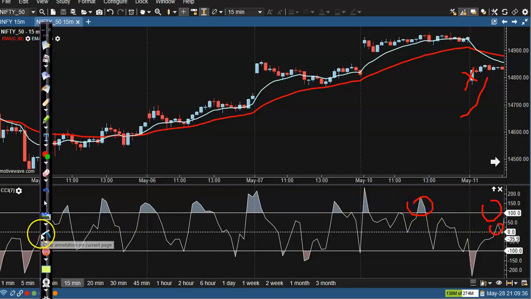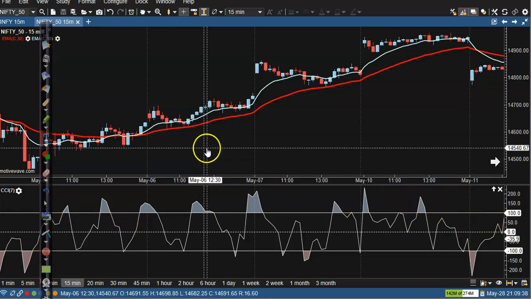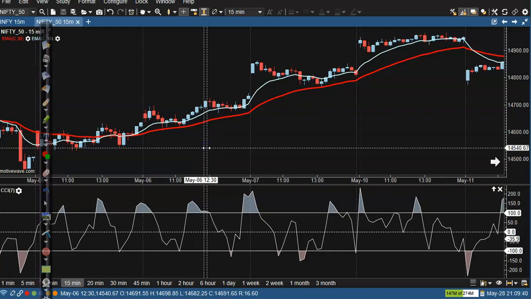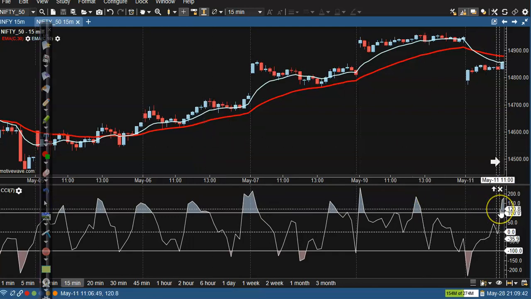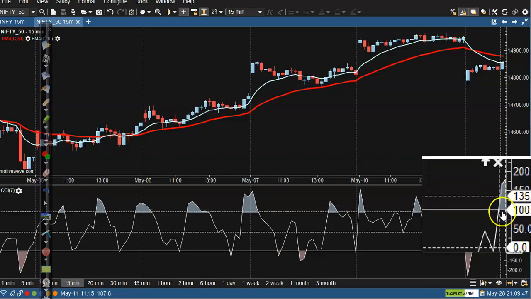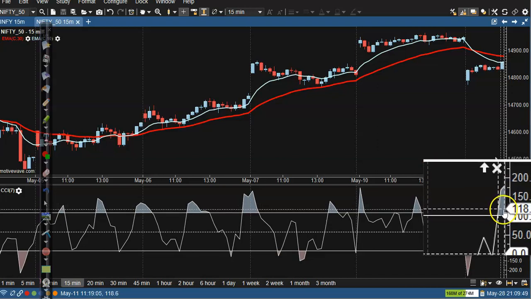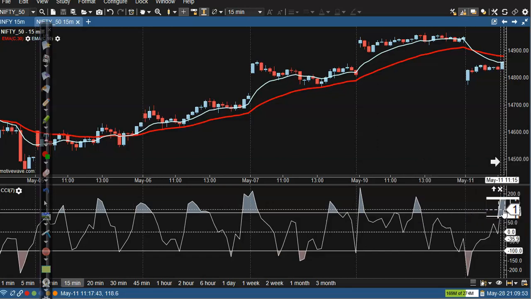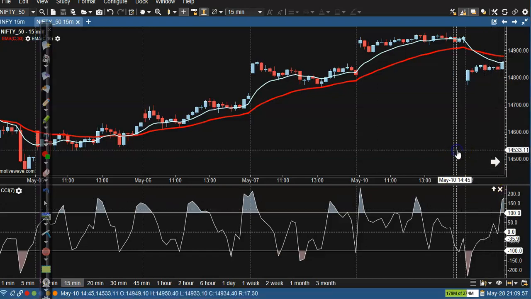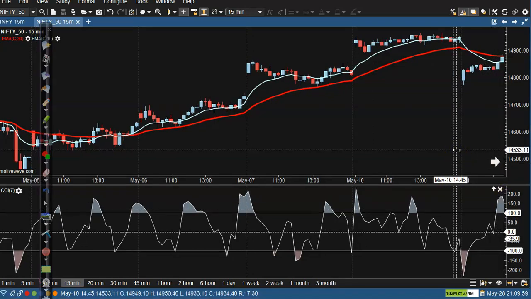Let's jump to here. Now you can see here. Let me show you. Now it's over both zones. Now we need a pullback. So let's jump to here. We need a pullback. Just a minute. Okay, now here you can see